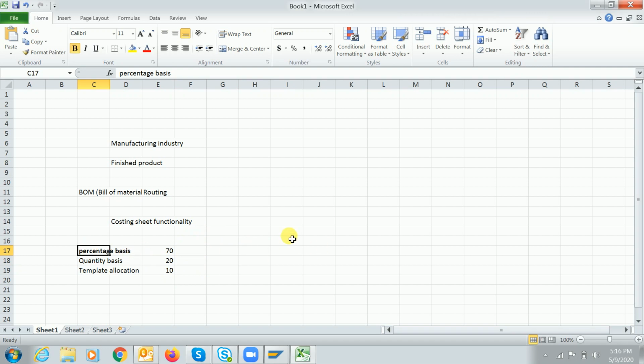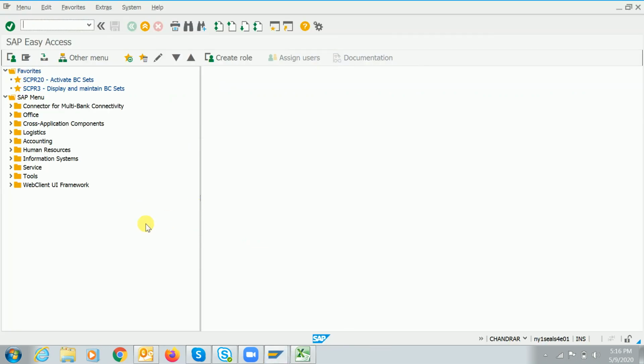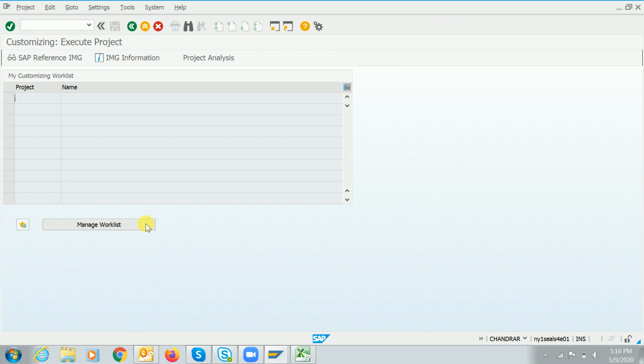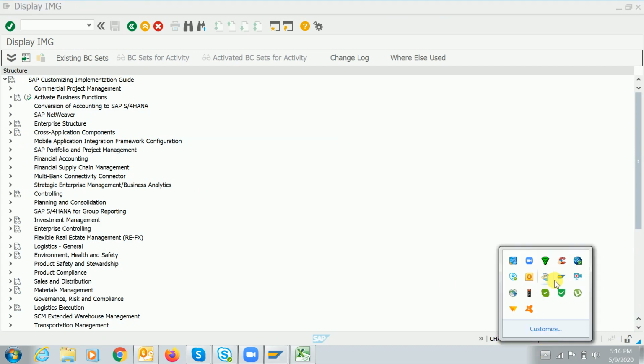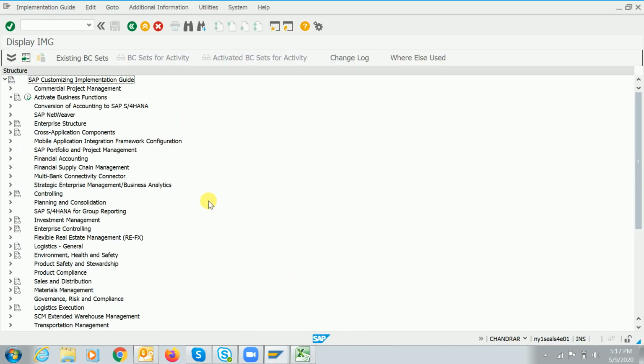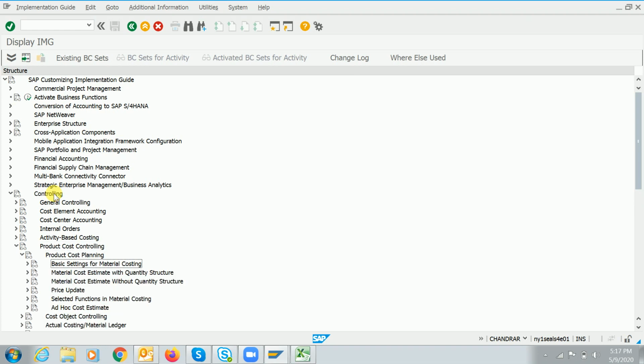Let me open SAP and show what configuration we have to make while configuring the costing sheet. Let me open configuration, guys. Controlling, general controlling, planning, basic settings, overhead.